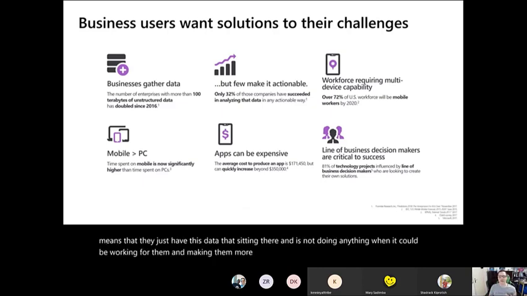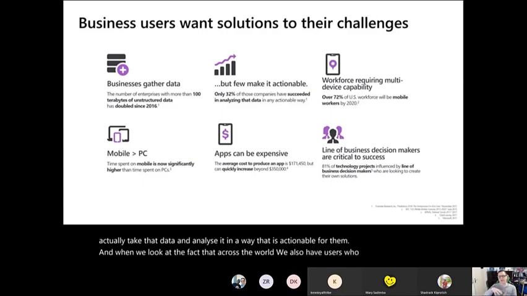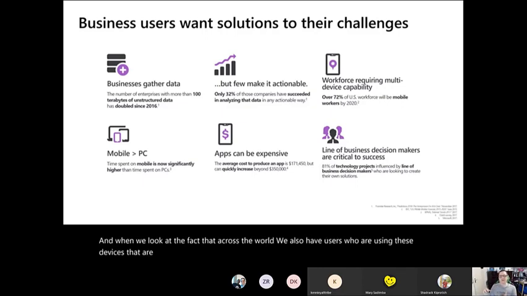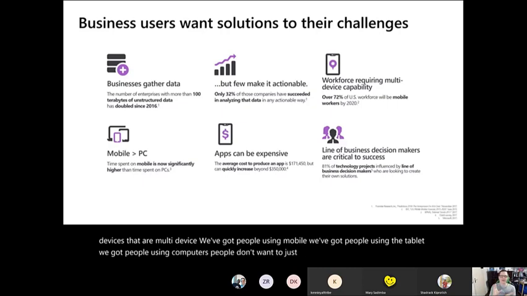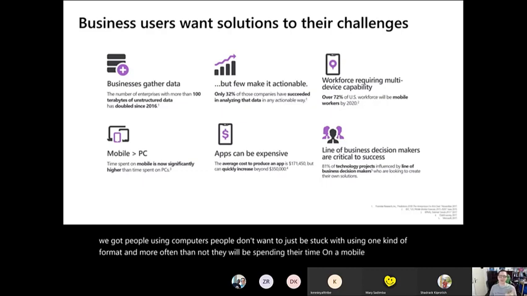So there's very few companies that actually take that data and analyze it in a way that is actionable for them. And when we look at the fact that across the world, we also have users who are using multi-device setups. We've got people using mobiles, tablets, and computers. People don't want to just be stuck with using one kind of format. And more often than not, they'll be spending their time on a mobile device, whether it's an actual handheld or a